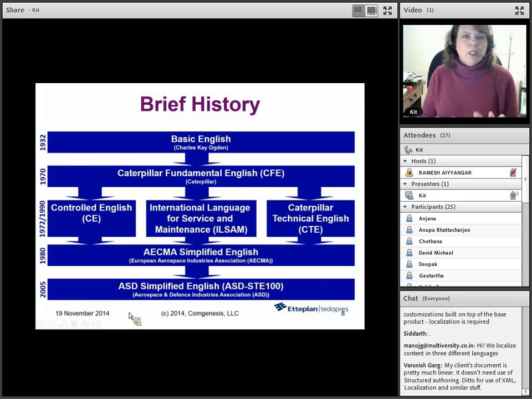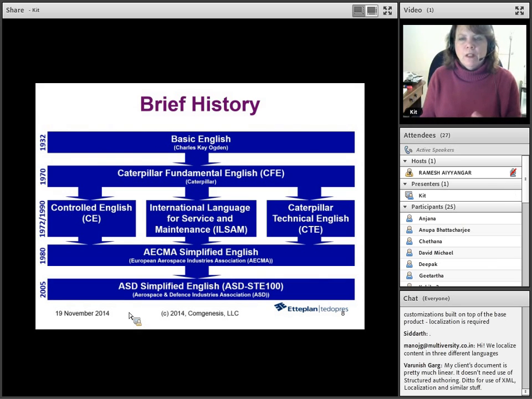So, brief history of the controlled language movement. It started out in the early 1900s with Basic English, which was a smaller subset of English. And then in the 70s, Caterpillar Equipment Company built their own version of controlled language because they were translating a lot into other languages and it was costing them a lot of money. Between the 70s and the 90s, several other initiatives arose and then gradually distilled down into the most popular one right now, the ASD-STE100, which was originally done for the aerospace